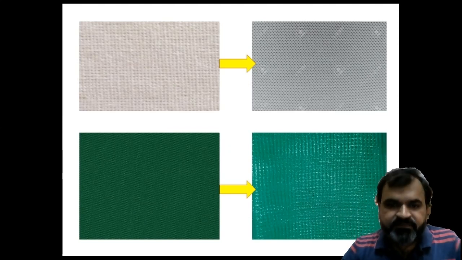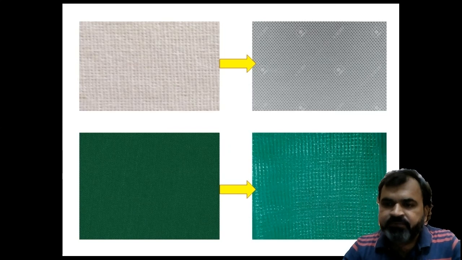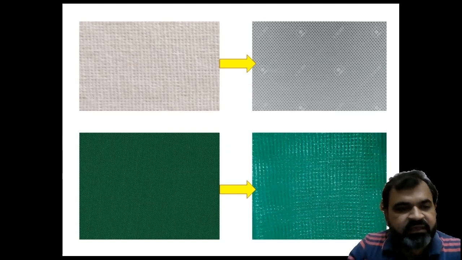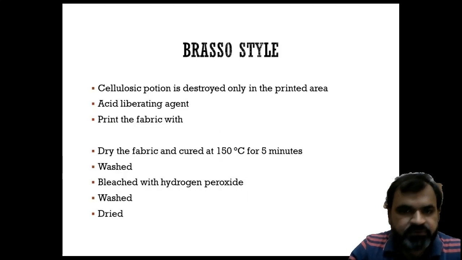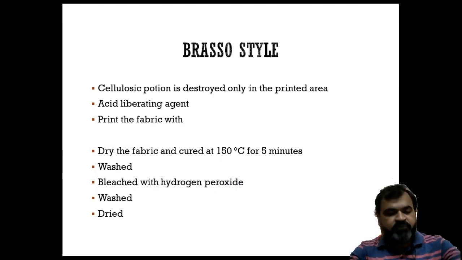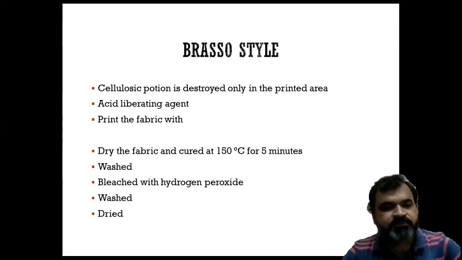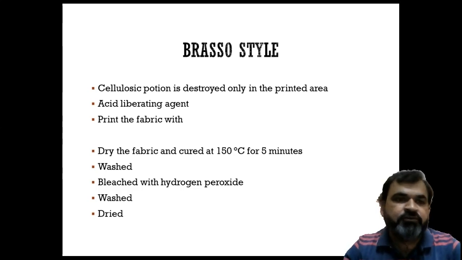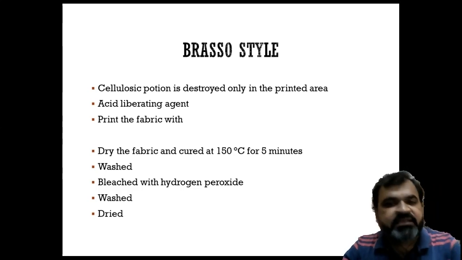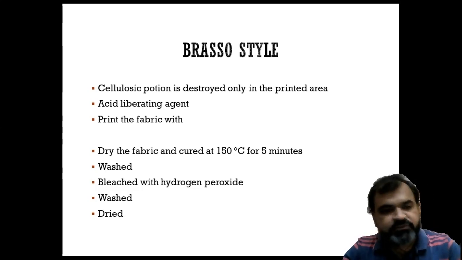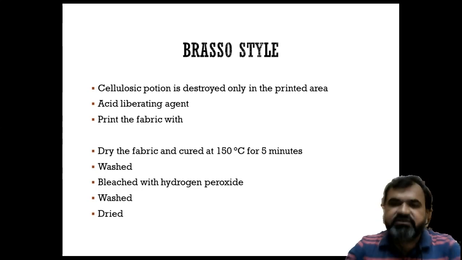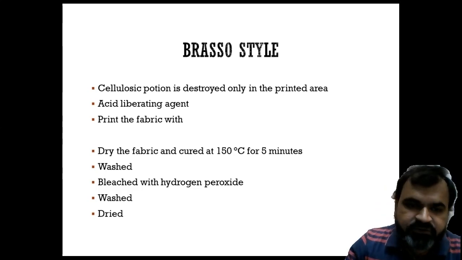And you can see that when this polyester cotton blend is brasso, you will get the effect with the net. Same way in a dyed fabric also. But in this case, we are removing 100% cotton from PC blend. Okay, but when you are going for a brasso, we are removing the cotton from the PC blend only at the printed portion. Okay, and when you are printing and when you are going for a 150 degrees Celsius for 5 minutes, the fabric will turn into black, which is known as the tar. And that tar has been removed from your fabric surface, and your fabric should be converted into pure white. That's why we are using the hydrogen peroxide for bleaching.